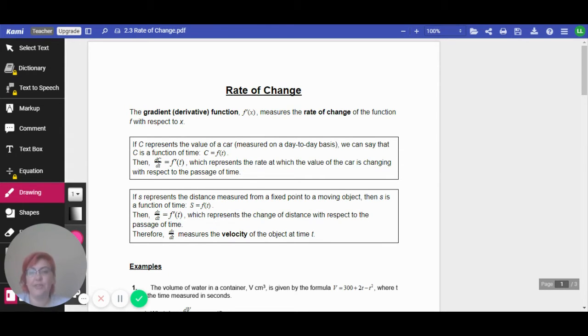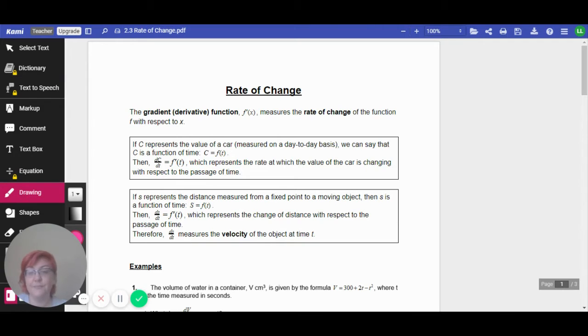Welcome to 2.3, Rate of Change. This is where we're going to pull some real-world applications into the use of the gradient or derivative function, f prime of x. And we're going to show how it measures the rate of change of a function f with